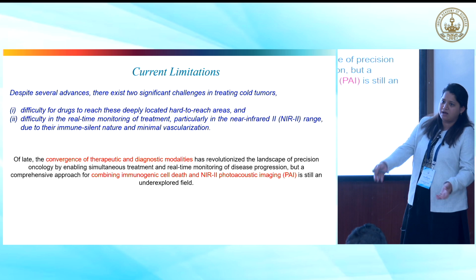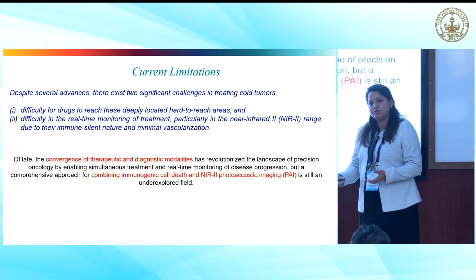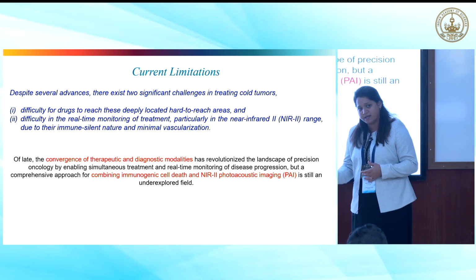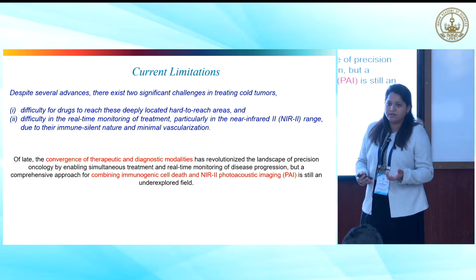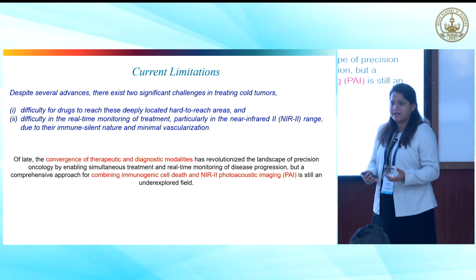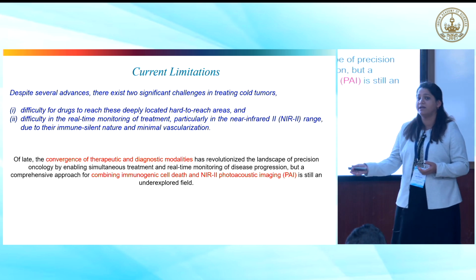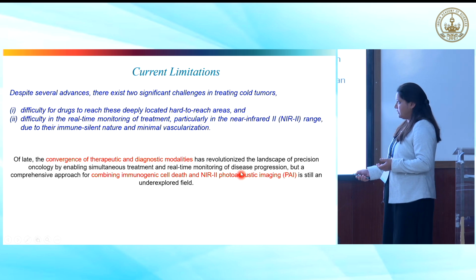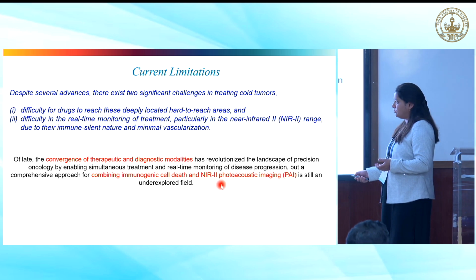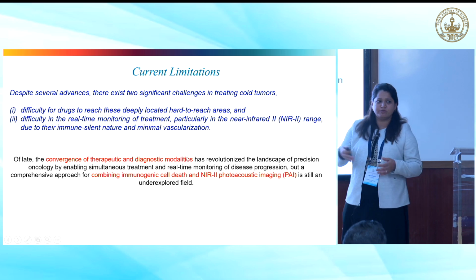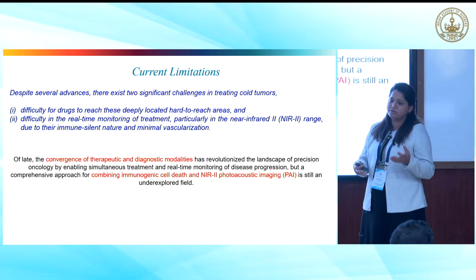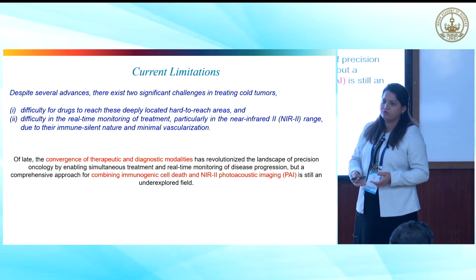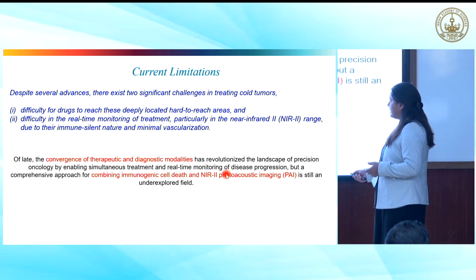So that's where our role came in. We wanted to show the convergence of therapeutic and diagnostic. We wanted to synthesize a class of compounds which can not only have therapeutic potential against these cancer cells, but at the same time can help in diagnosis, especially in the near IR region. There is a significance to saying near IR2 region, because if we go further down towards the near IR region, we get a lot of background signals from hemoglobin and myoglobin. That's why the near IR2 region is preferred.